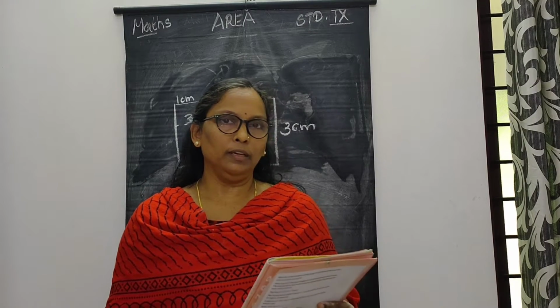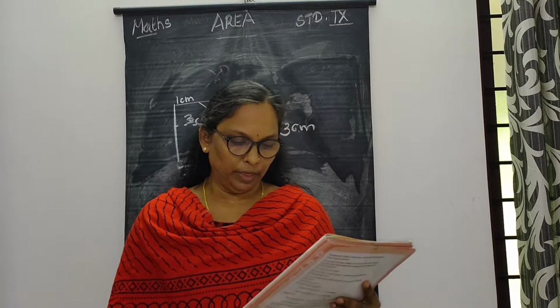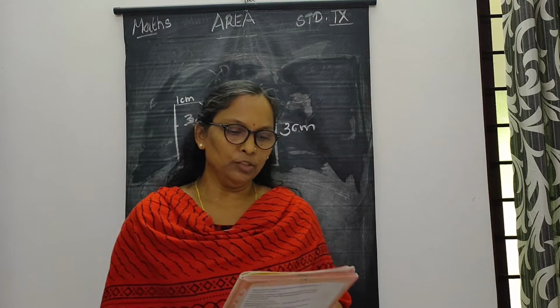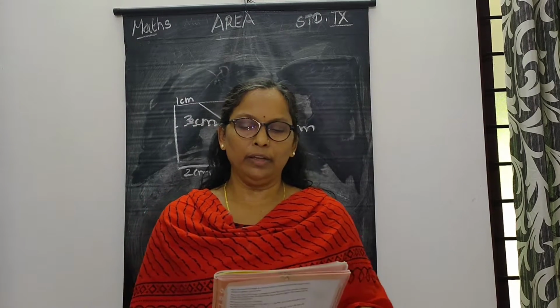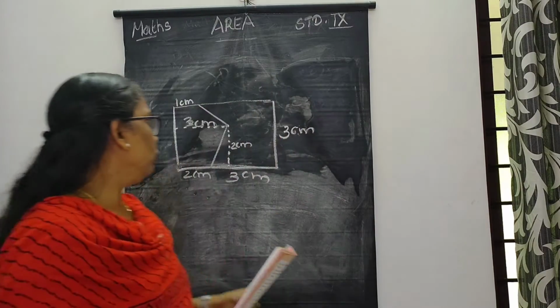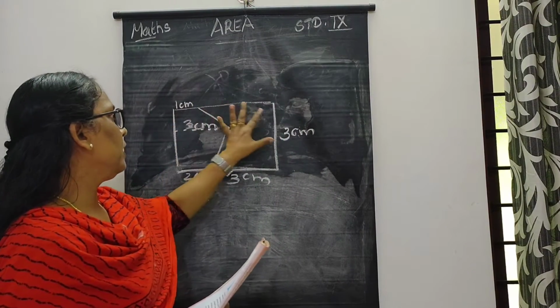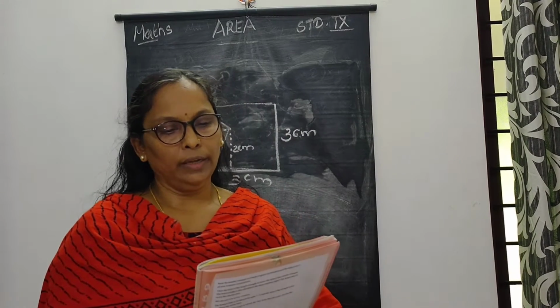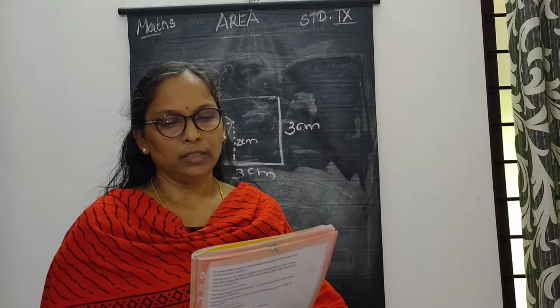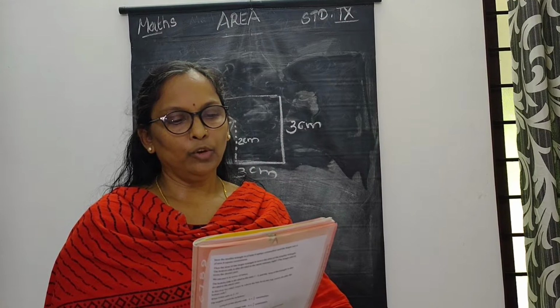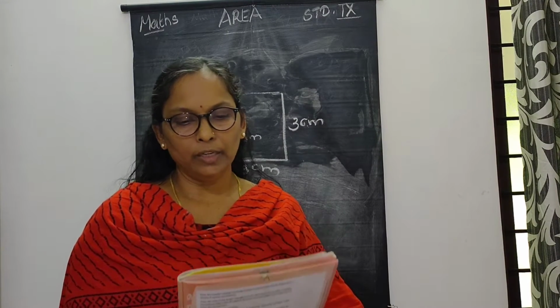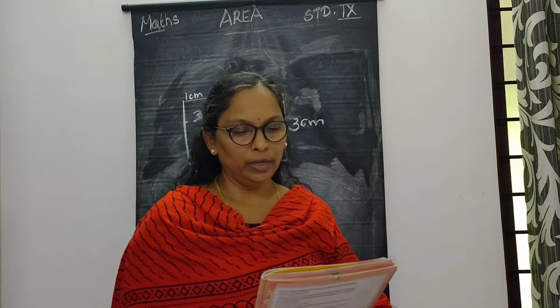Now we are discussing the fourth question, page number 16. Look at that question. The picture shows a rectangle divided into two parts. This is the first part and this is the second part. Instead of the broken line separating these parts, draw a straight line to divide the rectangle into two other parts of the same area. Calculate the area of these parts.